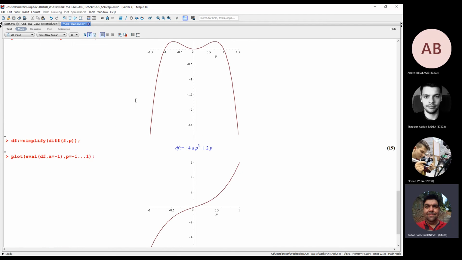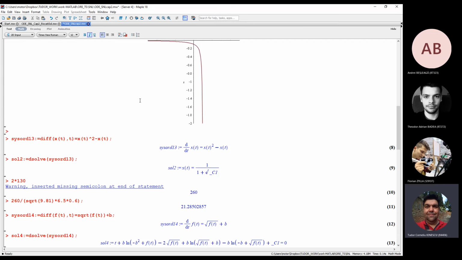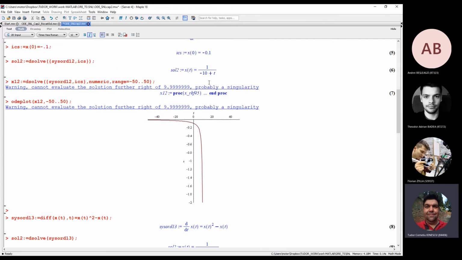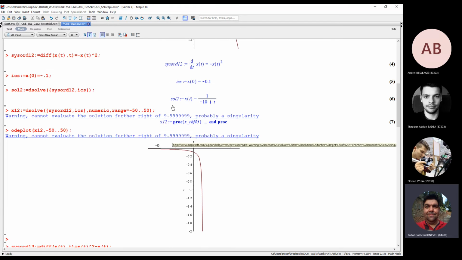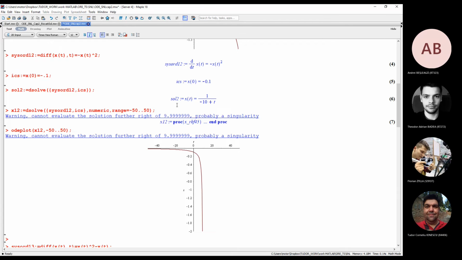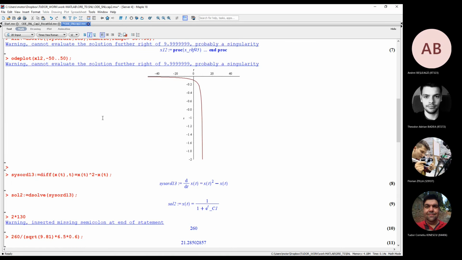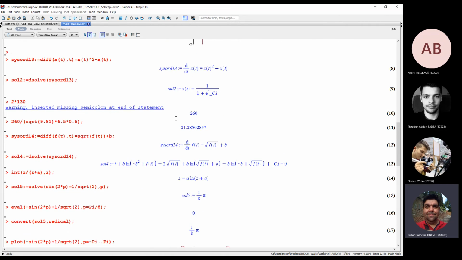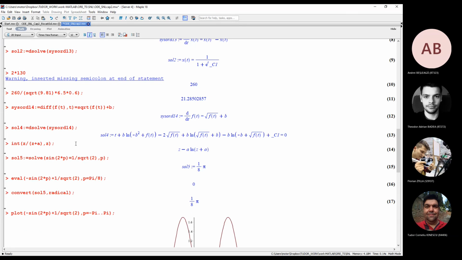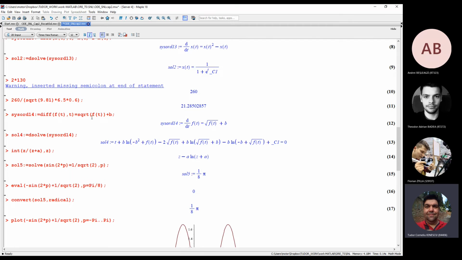Look, this is even better to see. You see, with negative initial condition, at t equal 10, there is finite escape time. It's finite escape time and no equilibrium point. No equilibrium point. As you can see, finite escape time. Then we have this. We know already this equation. Then we have this interesting equation here, this one with a square root,